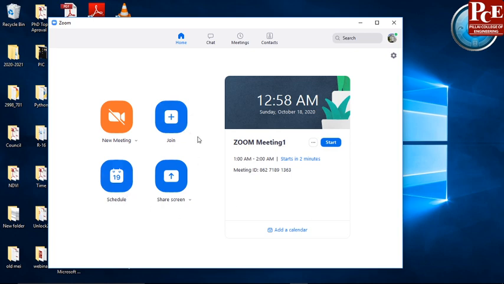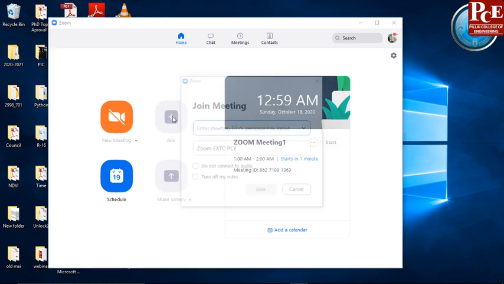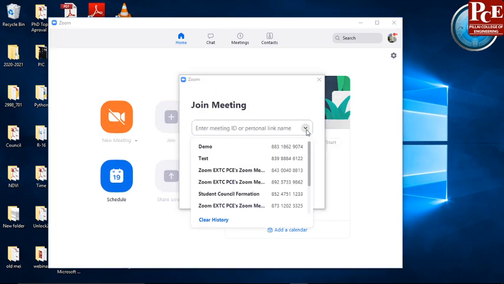Let's say I'm taking one subject, cyber security, so I'll schedule one meeting with cyber security, and every time I'll go to this join, and here I'll show you the option. I'll click on this join button, and here you can see this particular meeting. So I can directly go to that particular meeting, right?